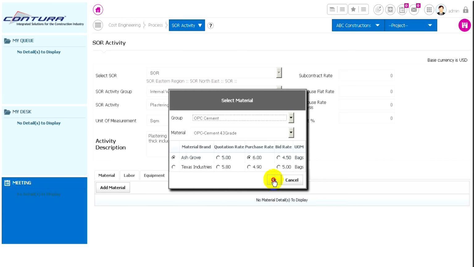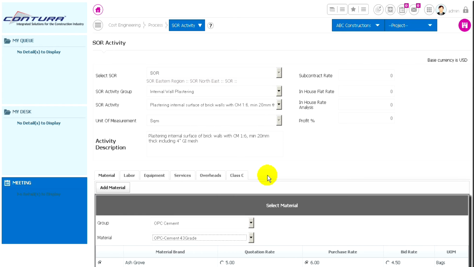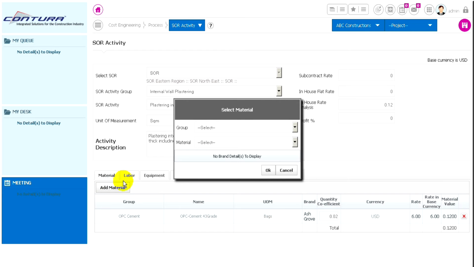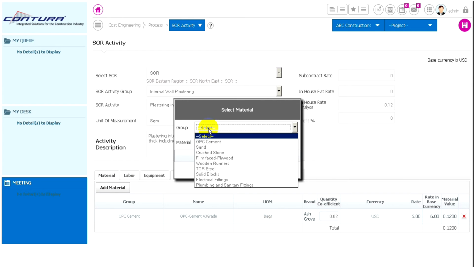Click OK. Enter the quantity coefficient for the material. Similarly, enter the required materials and details for this activity.